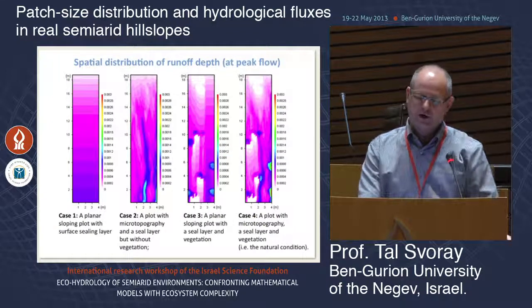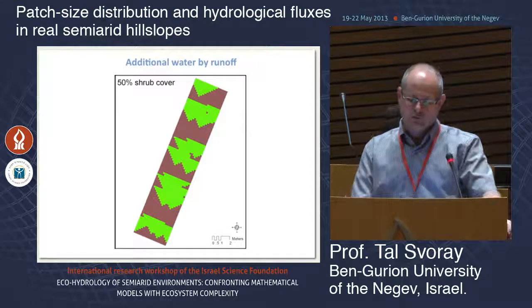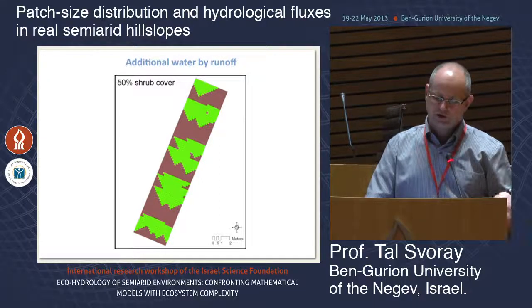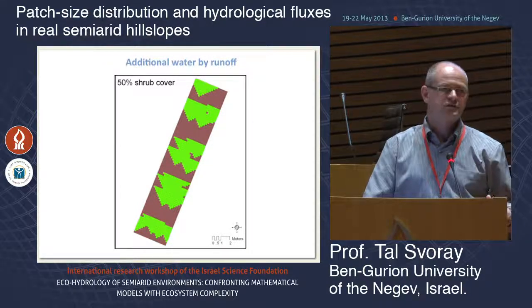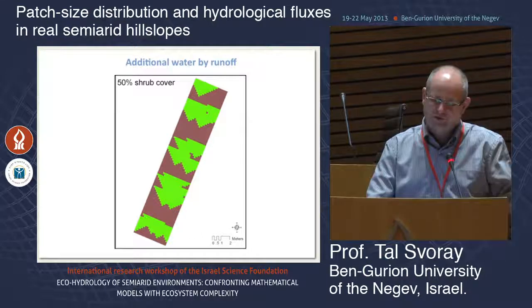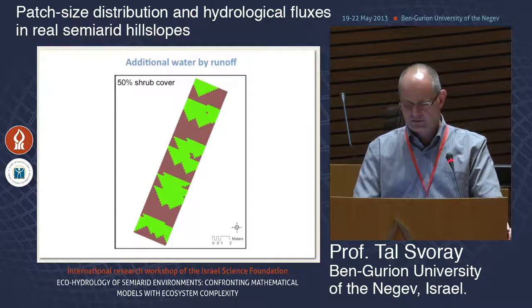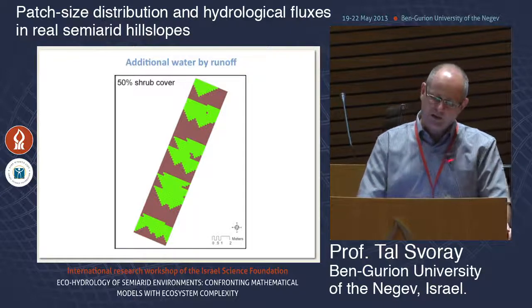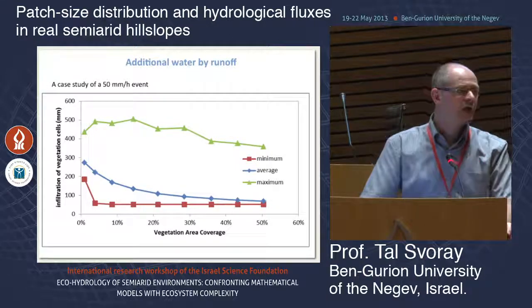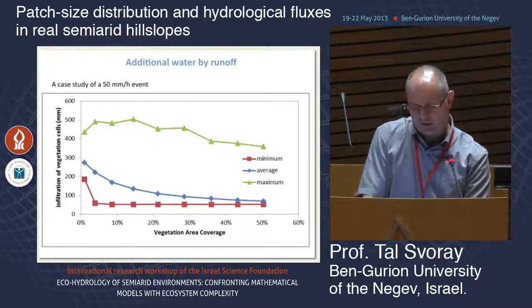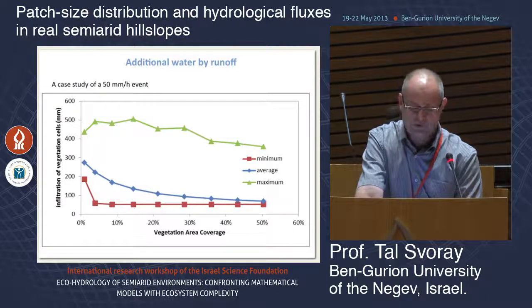And by doing so, we were able to calculate the additional water that each cell receives due to the runoff. And what we did, we simulated the shrub cover, assuming that as the shrub cover increases, each cell receives less water because the source area is decreased. So we simulated here a banding pattern, and calculated using the Li Chen et al. model what is the additional water by runoff